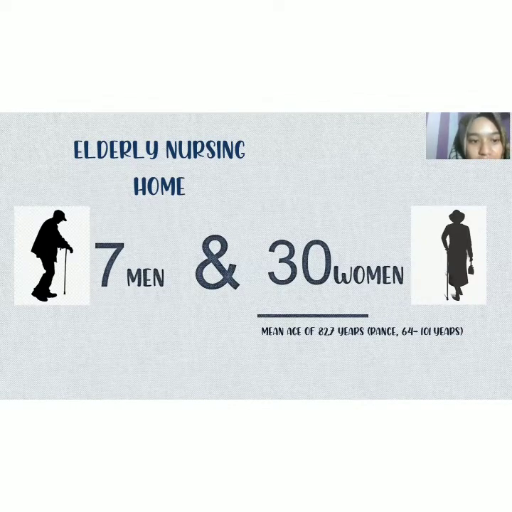So, the participants of our experiment: an intervention before-after non-randomized controlled study conducted in a population of elderly volunteers residing in a single elderly nursing home. The study was conducted in a stage from October to December 2013. Individuals taking antibiotics or morphine, with gastric fistula, who disliked yogurt, or who were hospitalized and died during the study period were excluded from the study. As a result, the study finally enrolled 37 participants, 7 men and 30 women, with a mean age of 82.7 years. The range is 64 to 101 years.